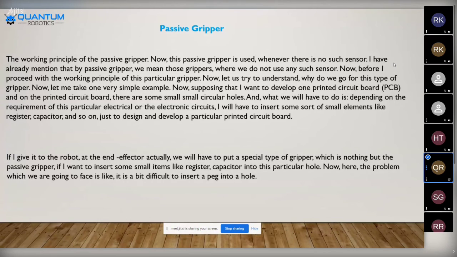According to the circuits, there will be different types of circuits and interconnections, and the resistors and the capacitors will be integrated over here.